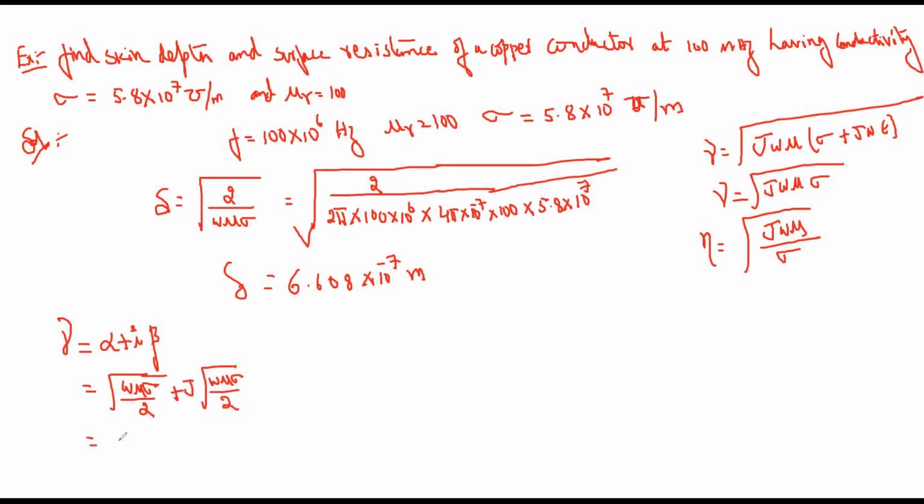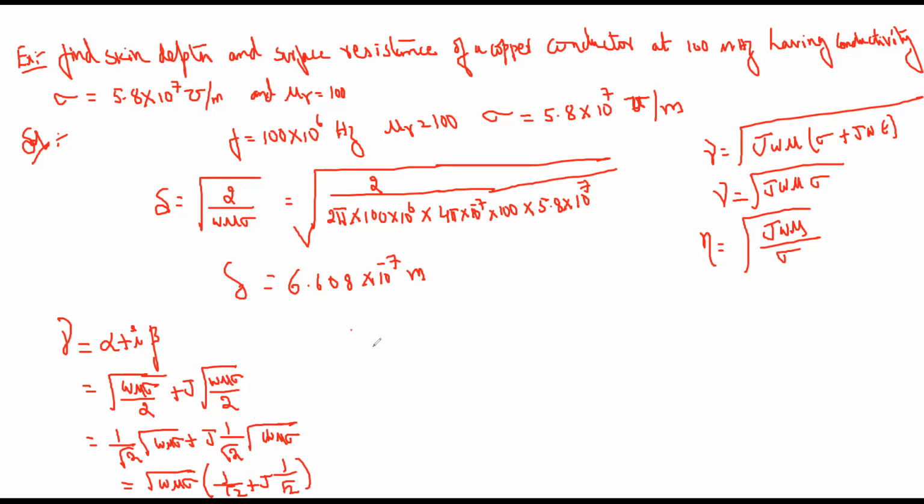Okay, that is nothing but 1 by root 2 under root of omega mu sigma plus j into 1 by root 2 under root of omega mu sigma. These are nothing but 1 by root 2 and 1 by root 2. In both the functions, there is a common term, under root of omega mu sigma, multiplied with 1 by root 2 plus j into 1 by root 2. What is 1 by root 2 plus j into 1 by root 2? Nothing but here it is a value of